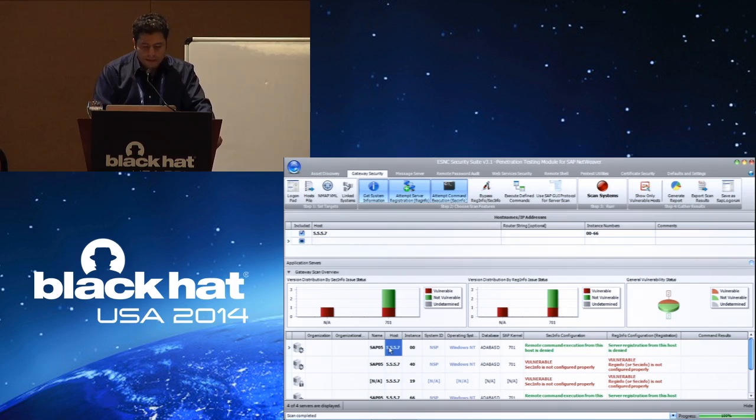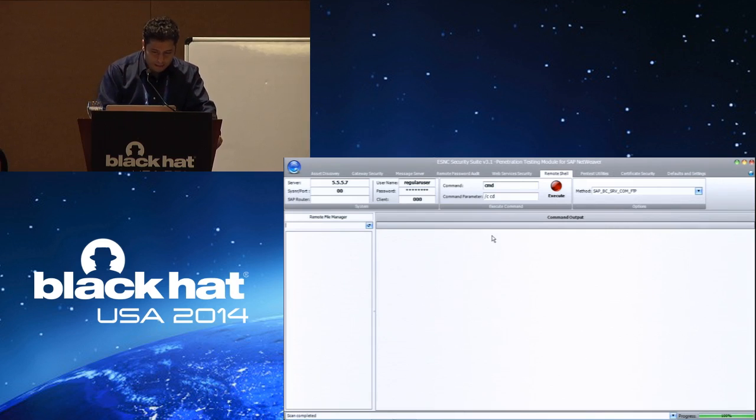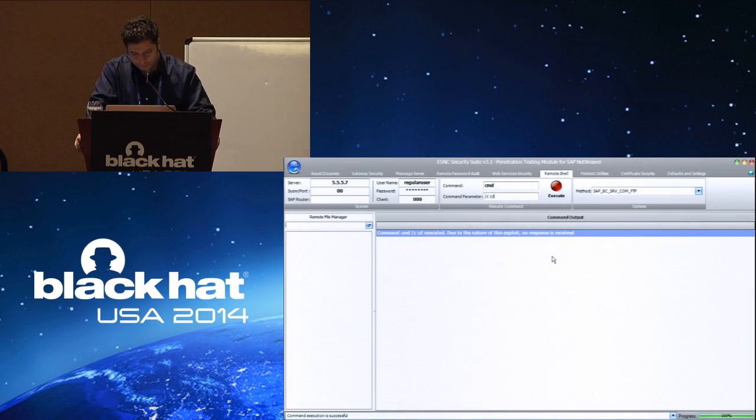So what I'll do now is I'll launch a remote shell. Let me try whether this one works. So I'll launch a remote shell on the SAP system, and I'll try to execute this. This is our penetration testing application, by the way, so you understand what we're talking about. This is not, of course, part of SAP. So basically we executed a command remotely, and of course we cannot get any output out, but if we had done something like that,